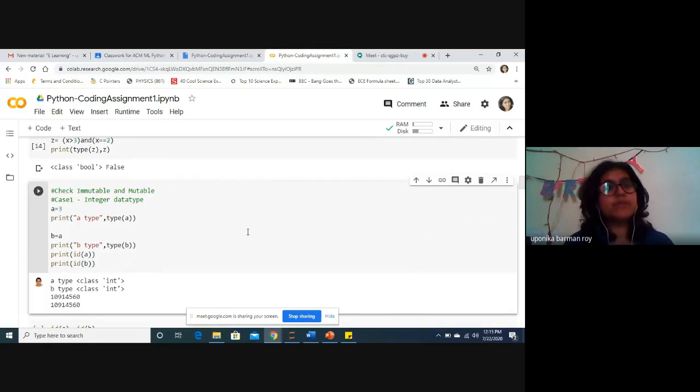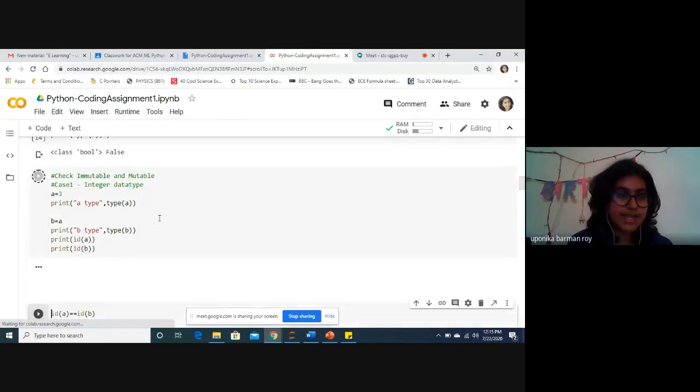We'll go for the immutable and mutable data types. So what are immutable and mutable data types, basically? An immutable data type is a kind of data type which you cannot change. Something I am storing as an integer, you cannot change to float, or if I am storing it as a float, I cannot change it to integer. So these are immutable, you cannot change them. Whereas mutable is flexible in changing its data type from one form to another.